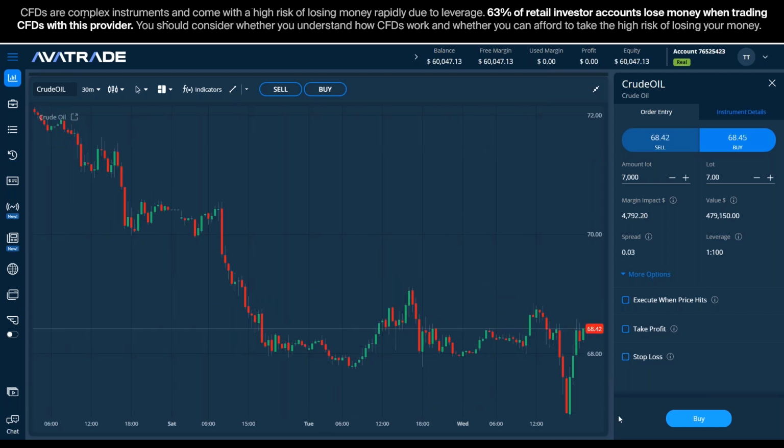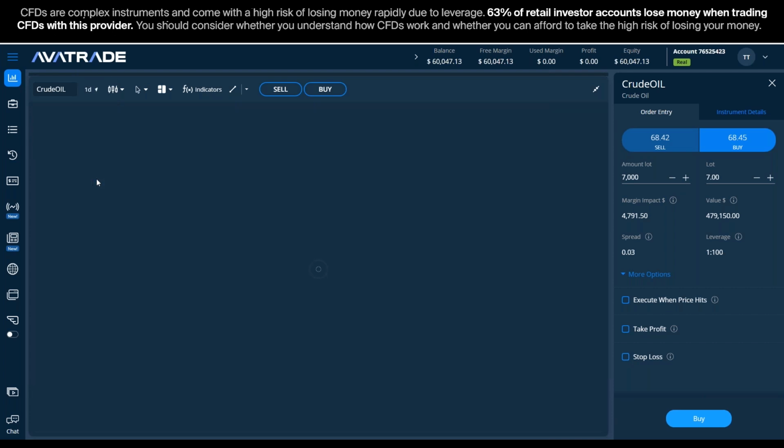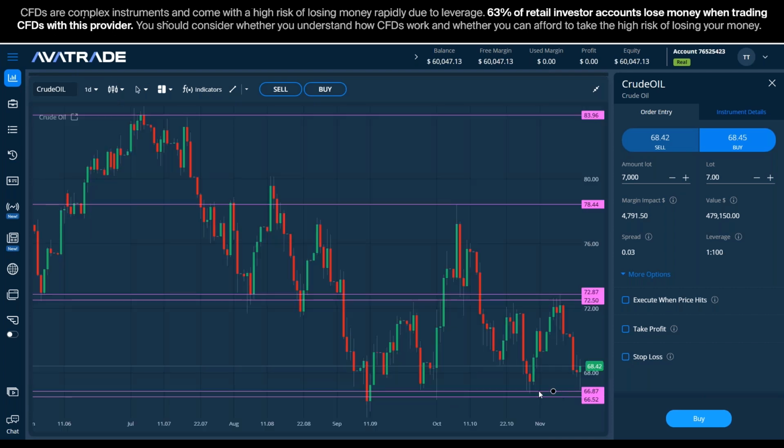On the 30-minute candles, you can't see that. On the one-day candles, there's a support level that it got in touch with here. Okay, it's somewhere between 66.5 and 67.5. We see this zone here of support where once it dipped just below this price, a couple times here it